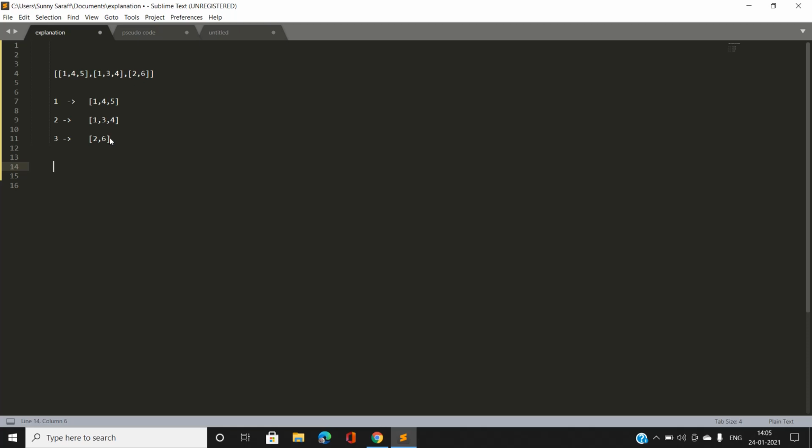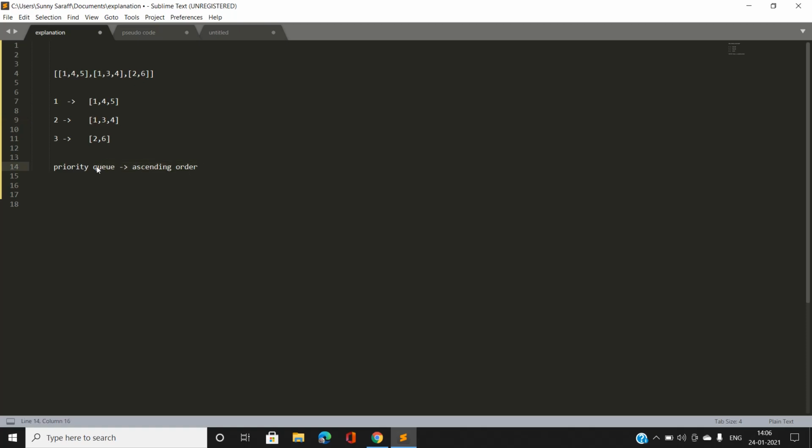In C++, we will use a heap, which is nothing but a priority queue, sorted in ascending order. We will iterate over each of the lists and pick up the first element. Here it is 1, here it is again 1, and here it is 2. We are going to push each element's value and its current node into a priority queue.